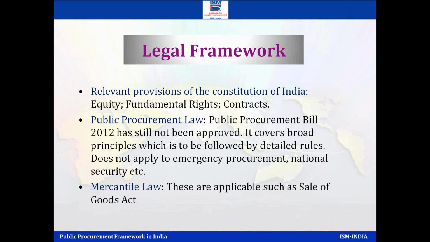We do have a contract act, so don't mix this up with the contract act. So we have a contract act of 1872, but procurement law, which has to broaden the principles, improve some professionalization, and spell out how to handle emergency procurement, those have not been spelled out yet. Then there's a mercantile law. You're selling goods. So the selling of goods from one party to another comes under the Sale of Goods Act.